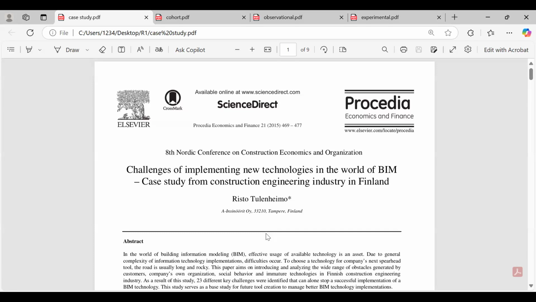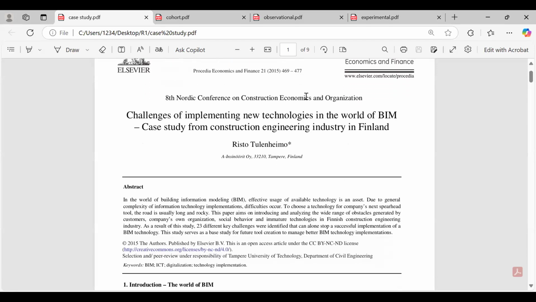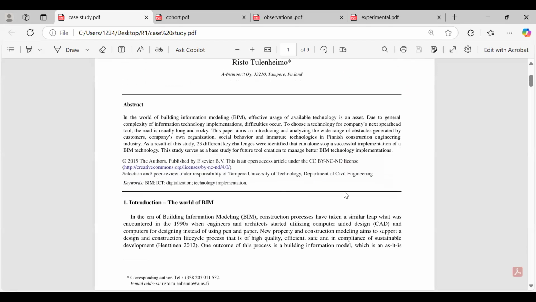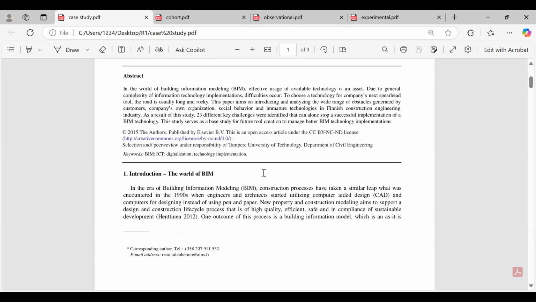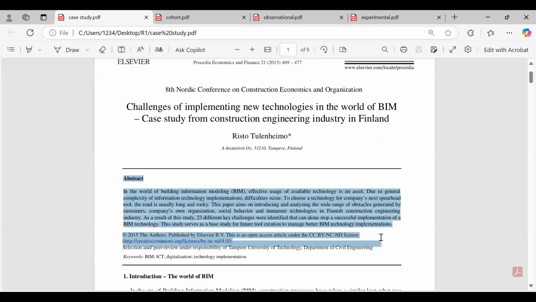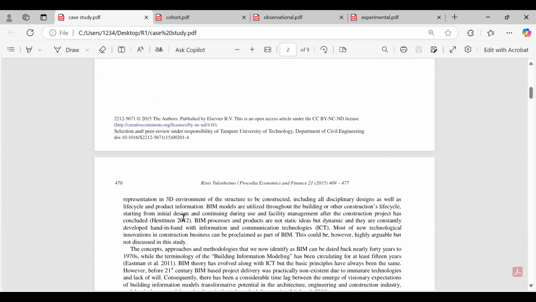And I will also share another activity regarding abstract writing, because we don't have enough time to do in-class activities. So I will share a take-home activity and upload it on LMS. I will share a paper, like this, and I will remove the abstract part. What you have to do is give a try to develop the abstract while reading the research paper.